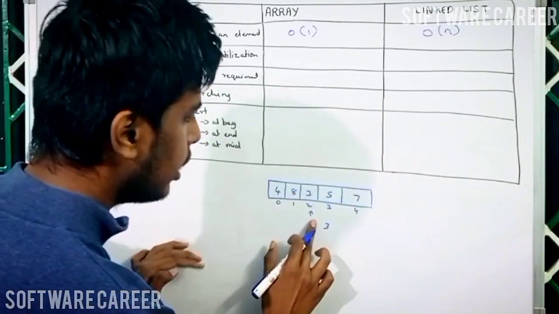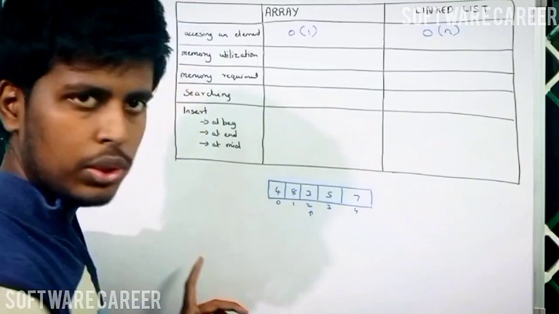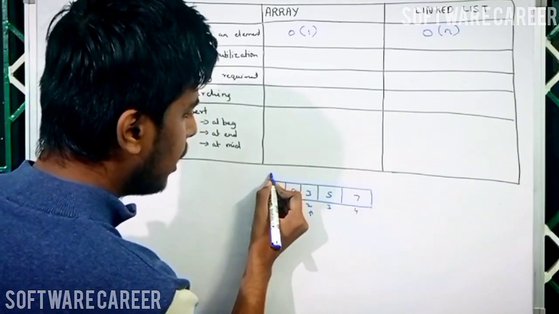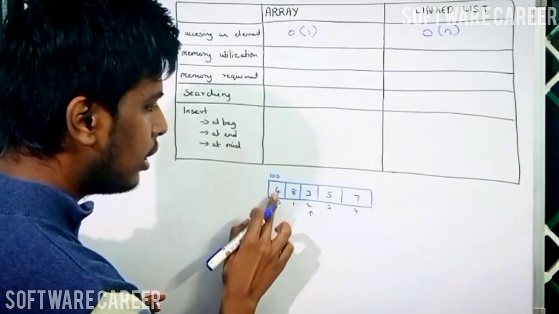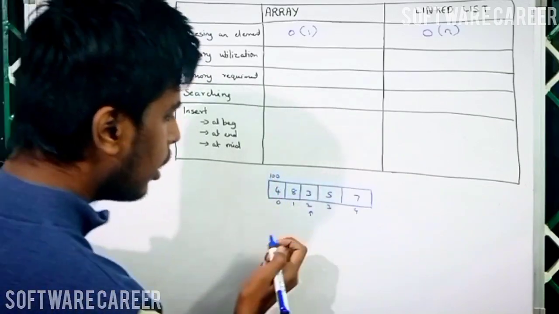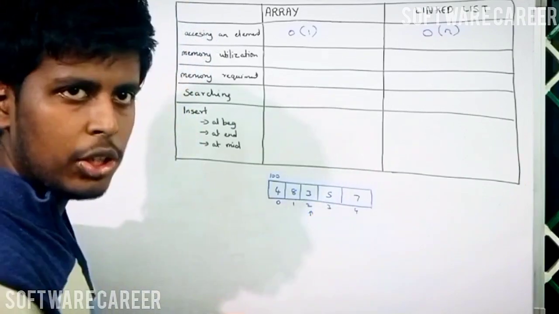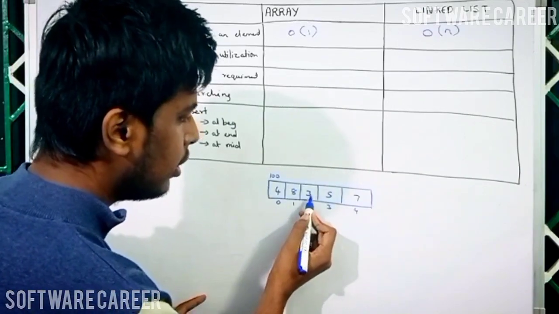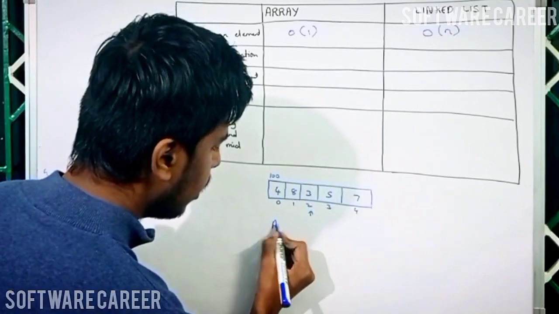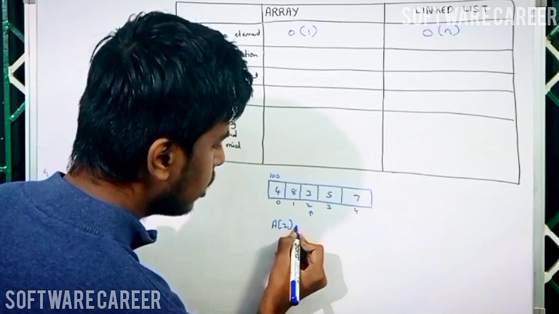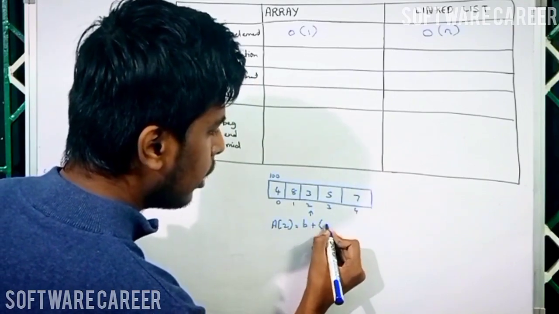Let's see how. Suppose in this you want to find the element present at index 2. Now suppose you are given the base address. You know the base address, that is 100. Let's say the 0th index address is 100. Now you want to find the address of index 2 because you want to find the element present at index 2. How to find it? The formula for the address of index 2 is base address plus index